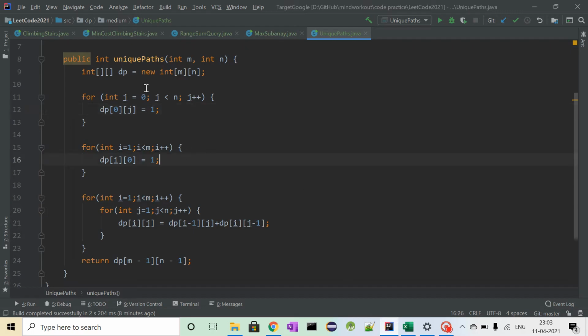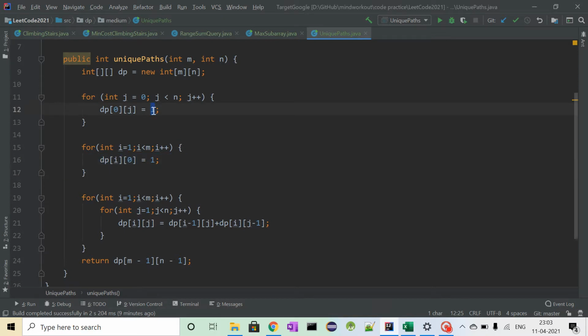Here is its solution. We will take a 2D array called dp, and its size will be M cross N. Now we will initialize the top row of the dp array with 1, and the left corner, that is the first column, with 1, because the number of ways of reaching these blocks will be 1.